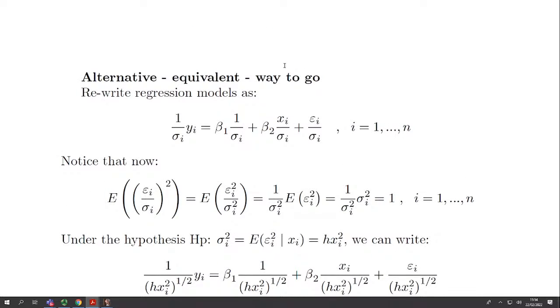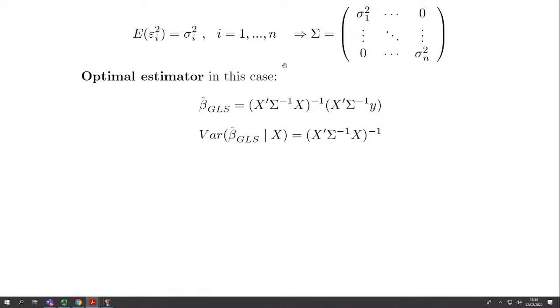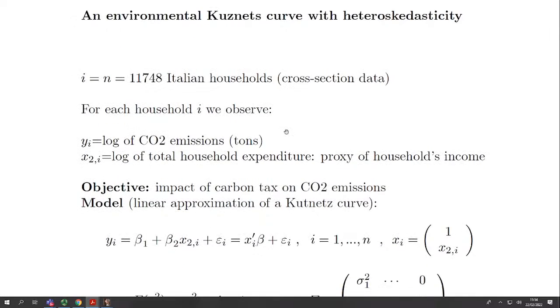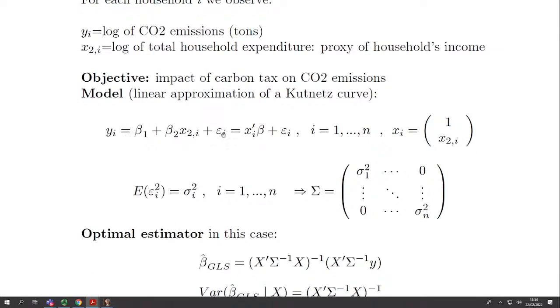So this is my regression model. My starting regression model was this one. Let me just recall it for you. This was my regression model where I said I am quite sure I have heteroscedasticity, because it's almost impossible that the variability of CO2 emission is the same across 11,748